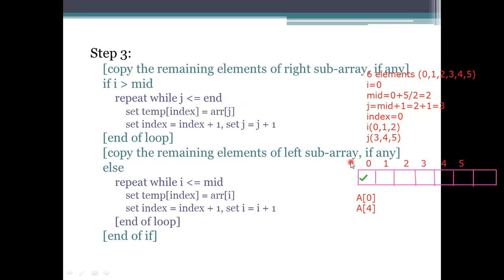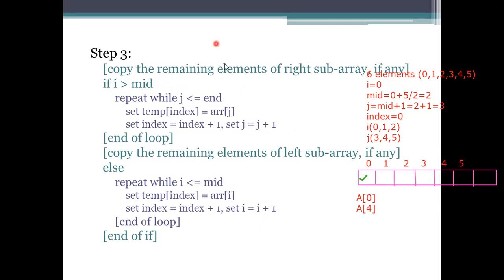Okay. If the I value we are considering is less than or equal to mid, then we need to store these values into 0, 1, 2. If the I value is greater than the mid value, incrementation will be done. What happens here is we need to store the temporary index value using the 3, 4, 5 subscripts. And we need to increment the index and the z values to store the next values into that one.